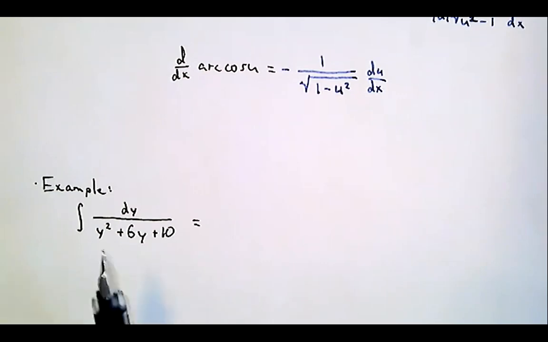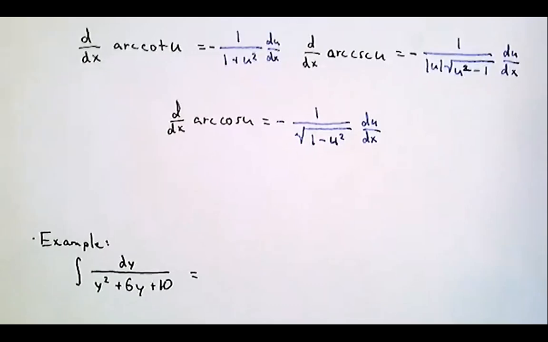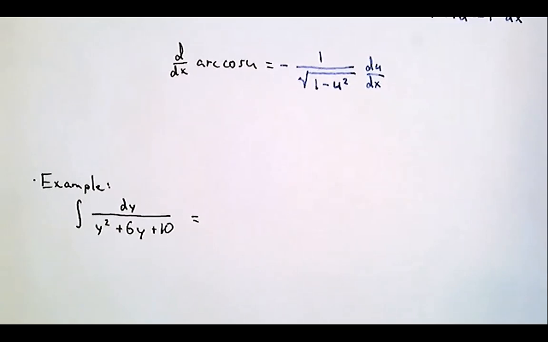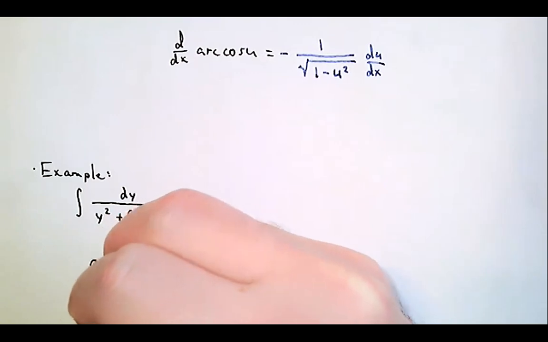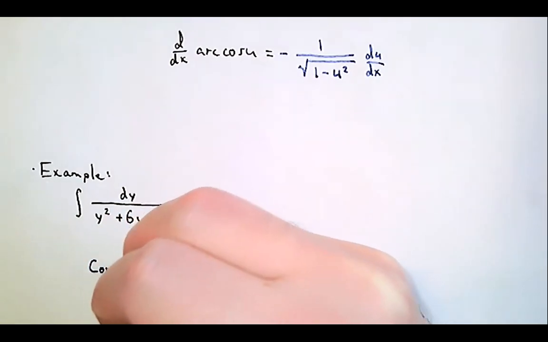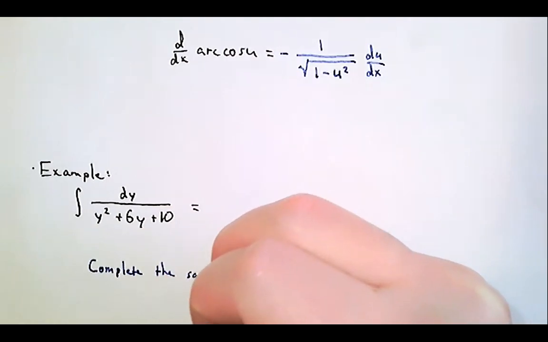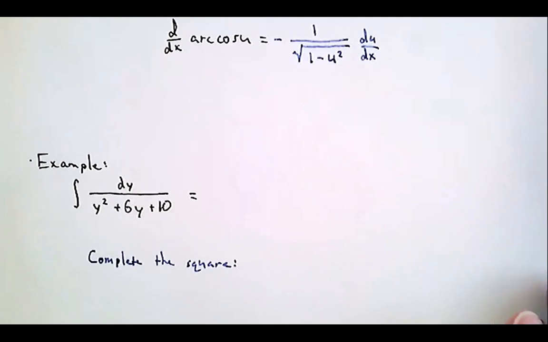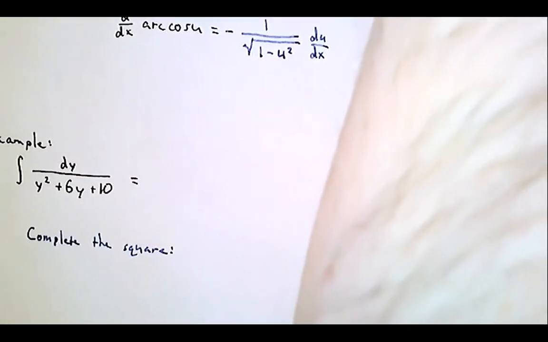So in order to use any of these rules, or the other ones for integrals, we're going to have to do some rearranging. And what we're going to have to do for this one is complete the square, which is a technique that you might not have seen for a while. So I need to be sure to review how it works. So completing the square